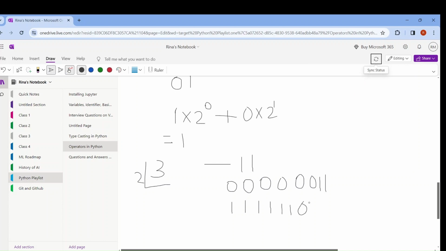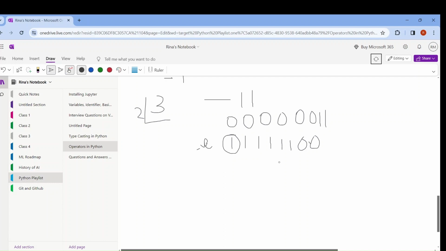0, 0. Fine. Now the first one is used for sign. When it is 0, this is positive. When it is 1, this means it is negative number. Okay. So this is done to check the number is positive or negative. If the leftmost value is 0, it is a positive number. If it is 1, it is a negative number. Okay. Now the next step is with the previous number,